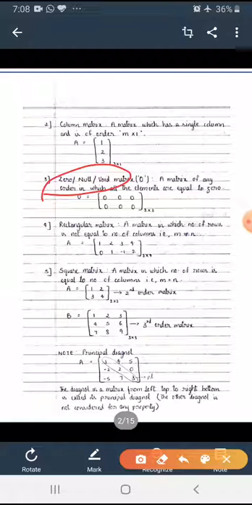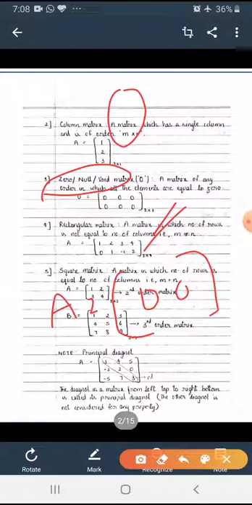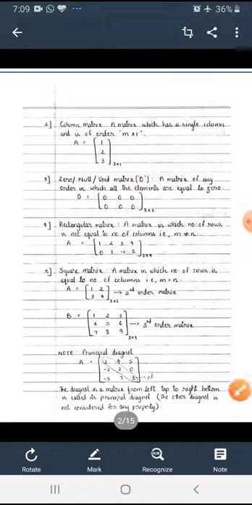Okay, now we will see the zero matrix. We say null matrix and void matrix also, but generally the zero matrix is denoted by the symbol O. A matrix of any order, not only a particular order, any order in which all the elements are equal to 0. See here one example, a 2 by 3 order matrix. Here 2 rows and 3 columns, but all elements are 0. And one more example, 0 0. See here how many zeros are there in the row? Only 2 zeros, so 1 row and 2 columns, so 1 by 2. So this is also a zero matrix.